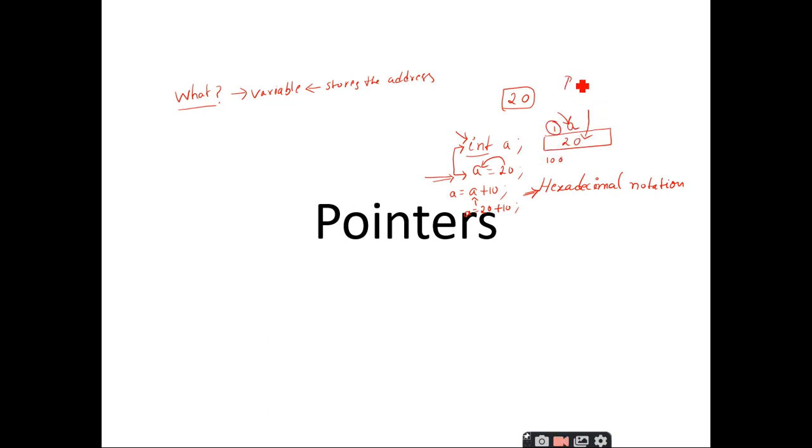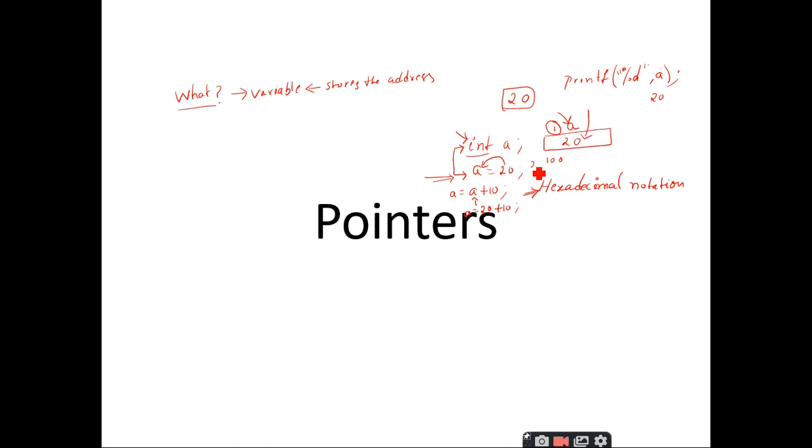So if I use a statement like printf, since I am going to print the integer value, the format specifier will be %d. If I make a statement like this, it becomes very simple, right? So 20 will be printed. That means in order to access the value 20, I am making use of the variable name. That is one method by which you can access this value.